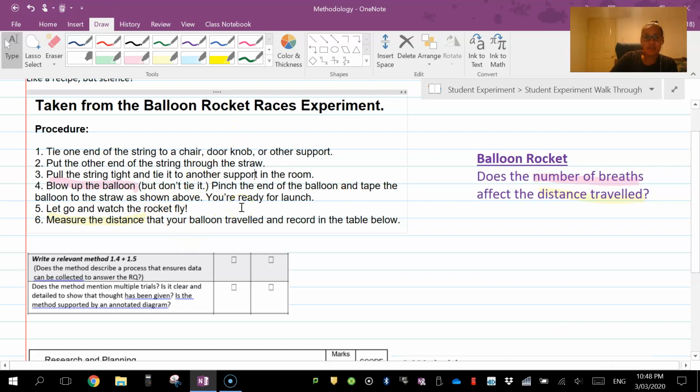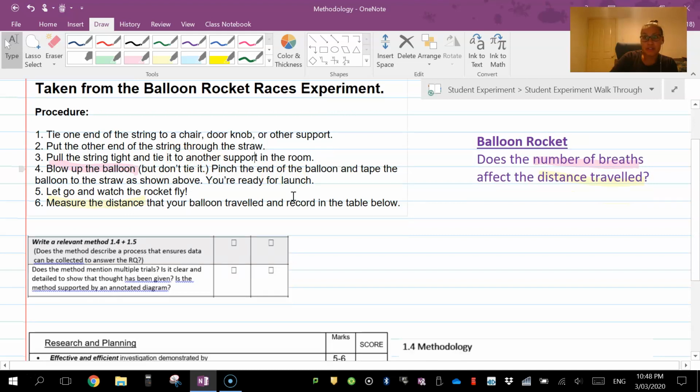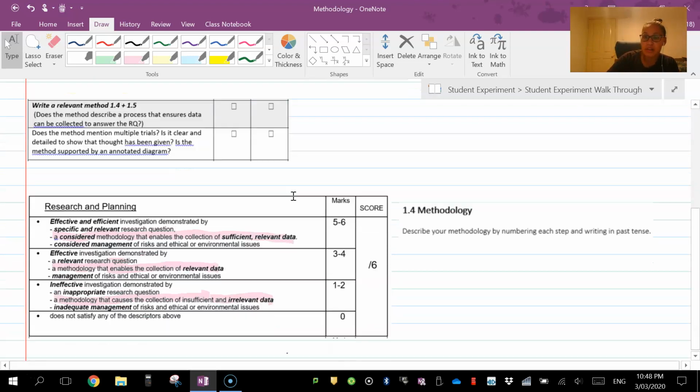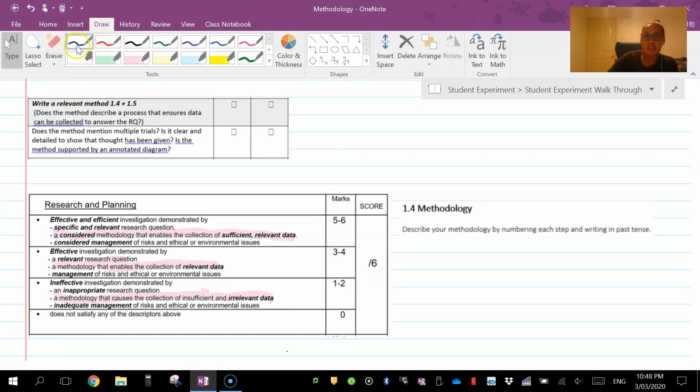So in the case of blowing up the balloon, make sure the appropriate person is blowing that up. And measure the distance. So state how you're measuring the distance and what type of tool you're using. So describing your methodology, things that you should be considering or including to ensure that you are aiming for the sufficient and relevant is the number of trials,